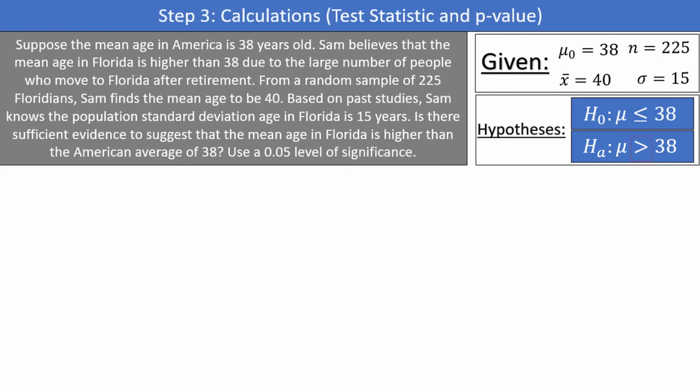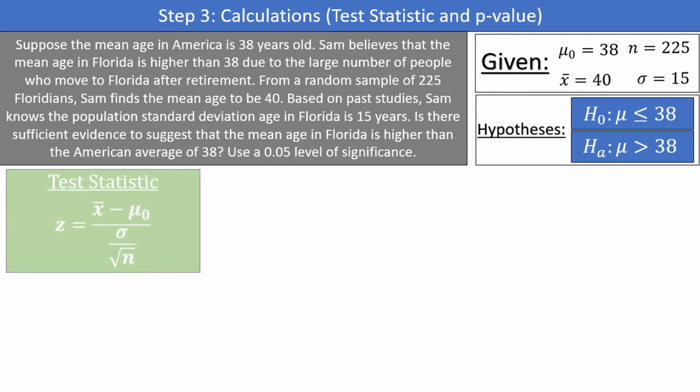Step 3. Calculations. We have already determined that our level of significance is 0.05. Next, this is where our decision to use the z-distribution will become important. We must calculate a test statistic, which is just a number calculated based on a sample in a hypothesis test in terms of the corresponding distribution, in this case a z-score. The z-score can be found by taking x bar minus mu sub 0 divided by sigma over the square root of n. Plugging into the formula, we have the following.